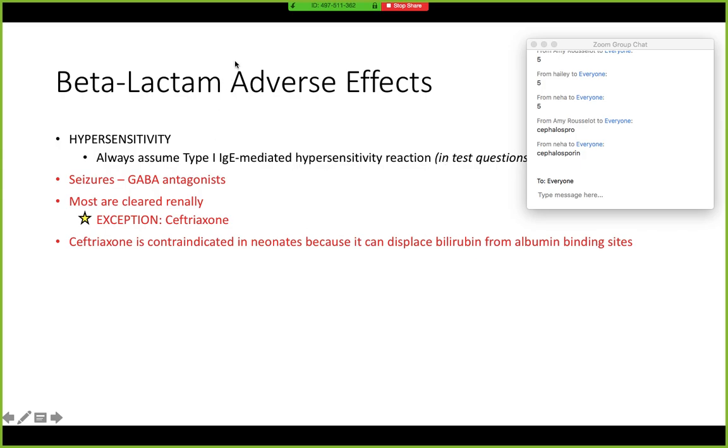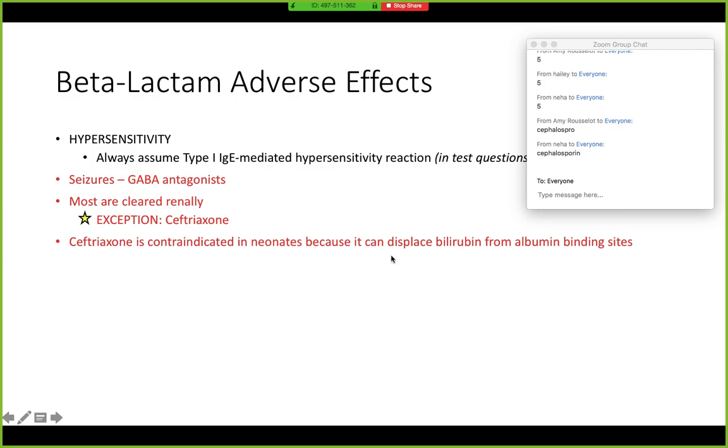Okay, so beta-lactam adverse effects. The thing that they most commonly test on from this slide is the fact that most beta-lactams are cleared renally, with the exception of ceftriaxone. So that's the reason that ceftriaxone is so popular, is that you're not going to have to monitor kidney function when you give it. And then ceftriaxone is also contraindicated in neonates because it displaces the bilirubin from albumin binding